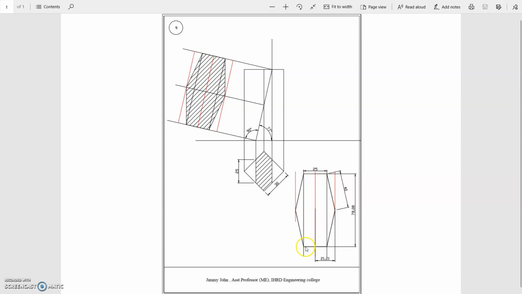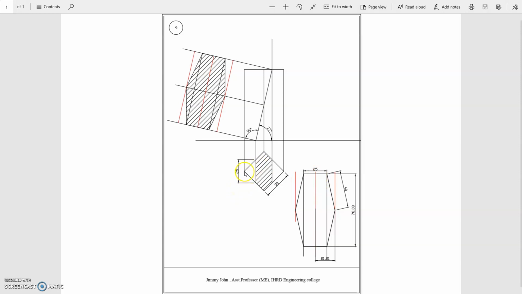So first you take 25 here, then draw an arc with 40 mm on this line, from this point to 40 mm to this line, and from there to 25 mm. From that point you take 40 mm on this line, and now join. So this is the shape, and the distance between these flat surfaces, let it be taken as L. This is the length from this face to this face. Now the sectional top view can be drawn.